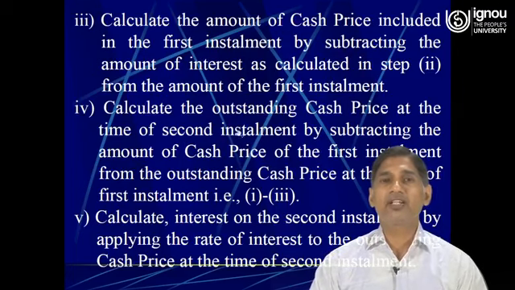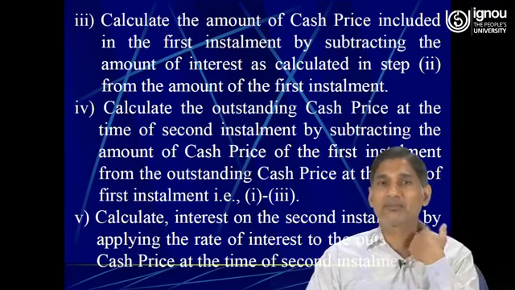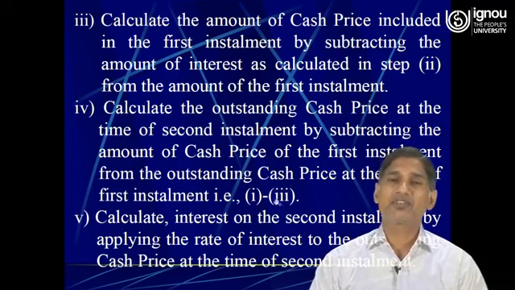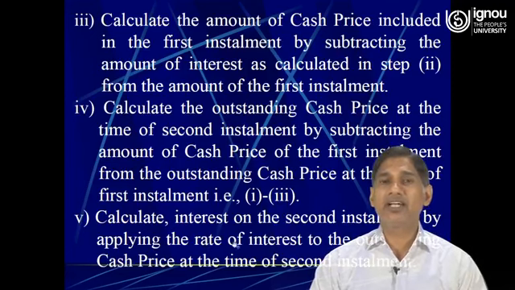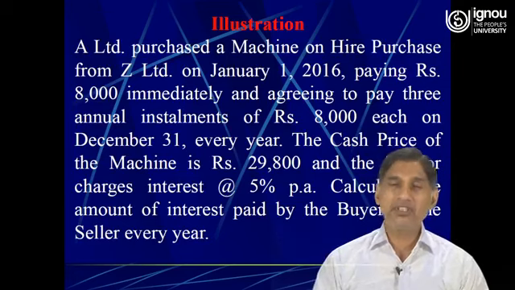Then calculate the outstanding cash price at the time of second installment by subtracting the amount of cash price of the first installment from the outstanding cash price at the time of first installment, that is 1 minus 3. So, next one is calculate interest on second installment by applying the rate of interest to the outstanding cash price at the time of second installment. So, this is the procedure